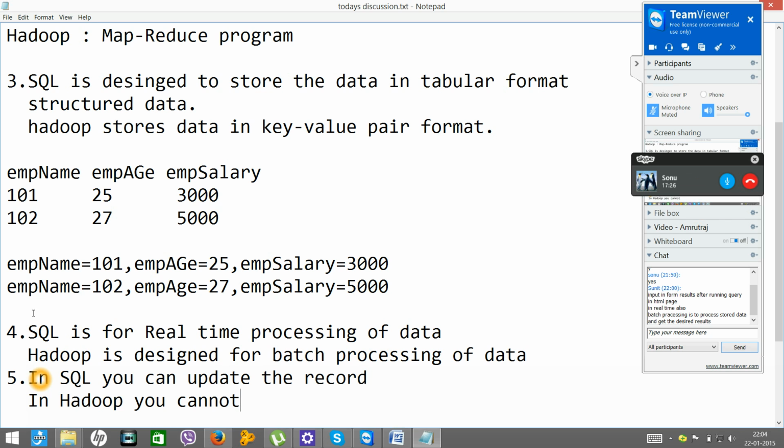So let's say I have an employee table which contains employee name, employee age, and employee salary. The employee salary is 3000 here, and I would like to update this detail. So I'll simply write an update query: update employee, set employee salary equal to 4000, where employee name is equal to 101. But this type of feature is not available with Hadoop because Hadoop is basically for batch